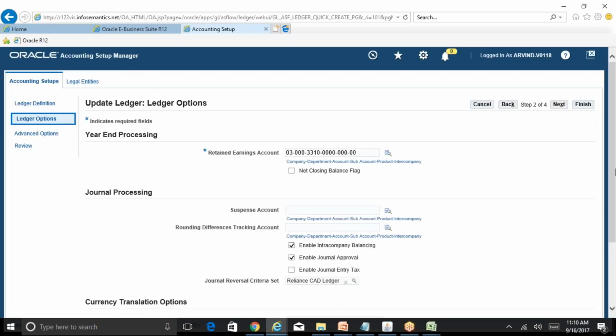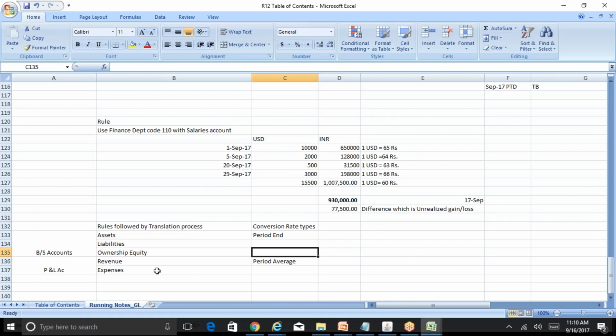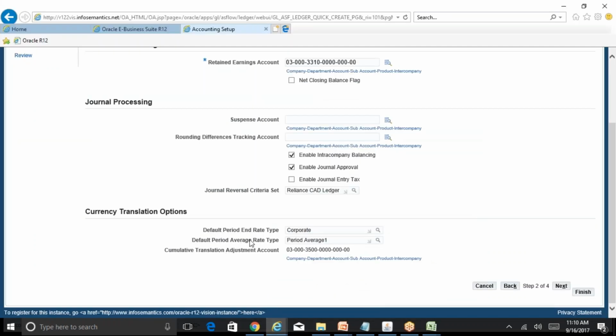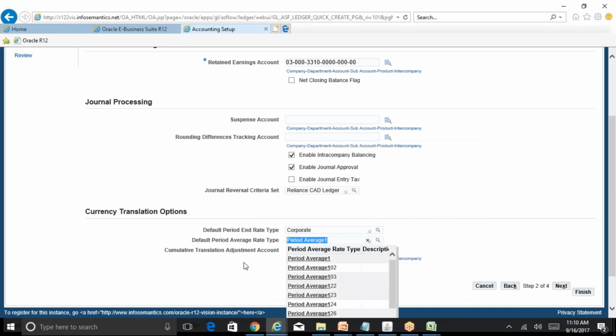Click on next. So there is something called translation options. This is where you specify what is your period end rate type and what is your period average rate type. As I said, for P&L account, you are using the period average rates. And what is your period average rate type? This is the period average rate type which we are using, period average 1. That is my period average rate type. And as far as the period end is concerned,